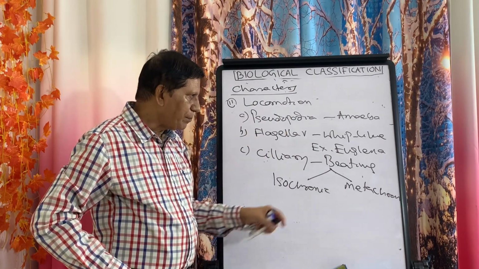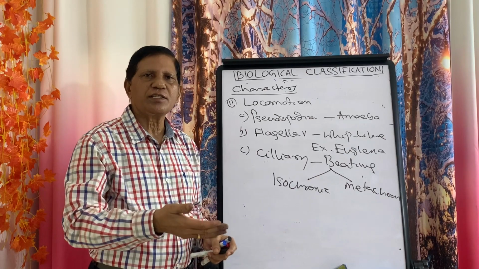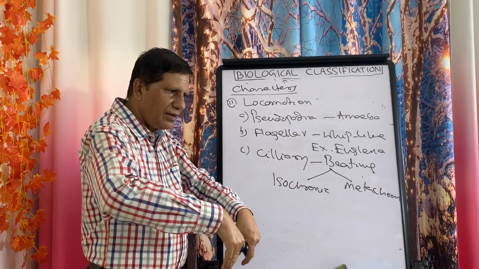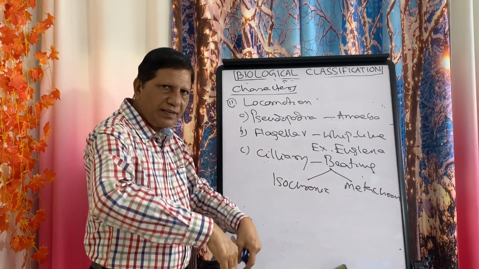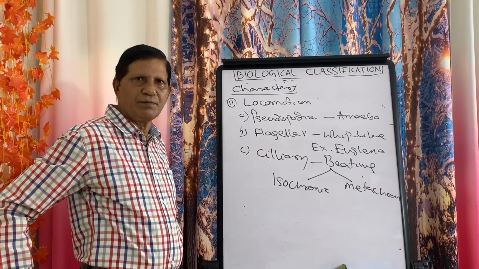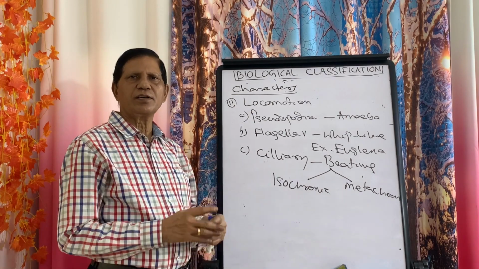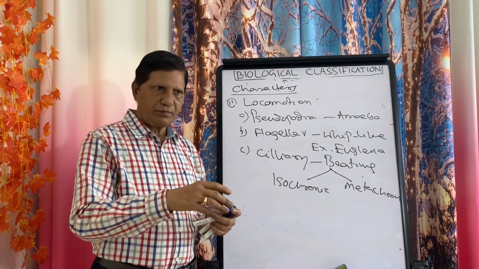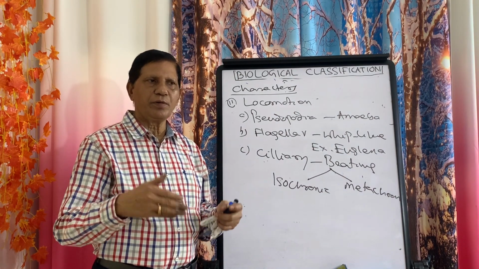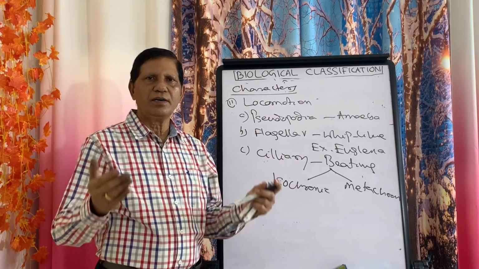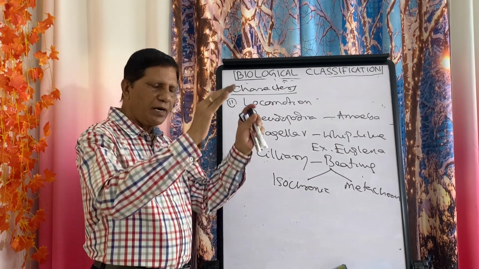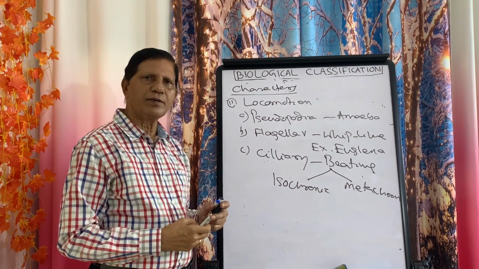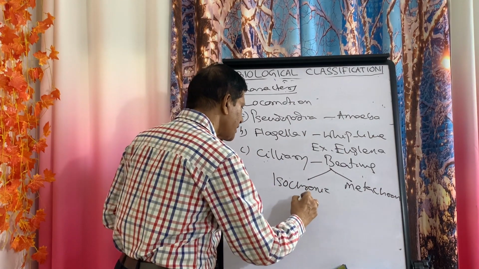That means beating. But in the case of metachronic, it is in succession. Suppose 100 are there, this side 50, this side 50. So the first will push water, then second, then third, then fourth, fifth, like that, successively. But both are beating movements. If you have taken boats for your journey in some lakes or ponds, what do you do? With oars, you push the water. It is the same type of ciliary movement. And this you will find in the case of paramecium.